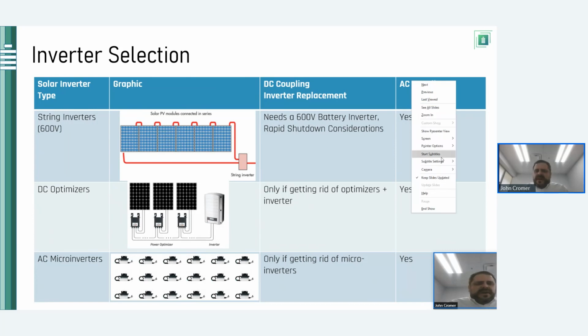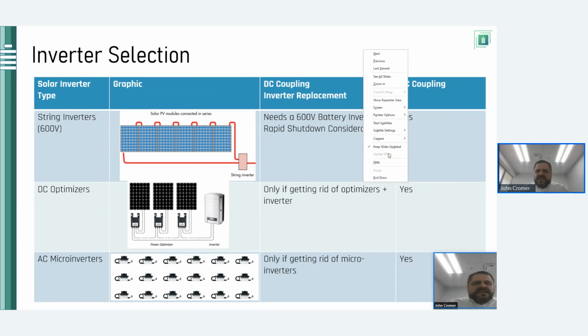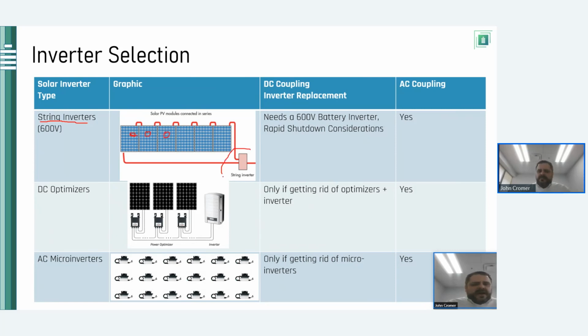Now, if you have a very old school customer who got into the market in 2009, maybe 2010, maybe all the way up to 2013, they may still have a string inverter, and they may not have been required to install these module level boxes. And so if they have a proper string inverter that's not a SolarEdge system or not an Enphase system, well, then replacing this string inverter with a hybrid inverter that does both solar string inversion and battery inversion would be